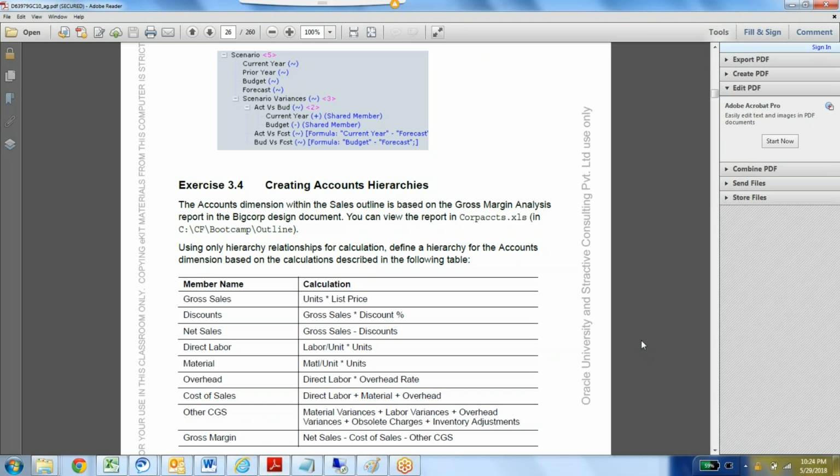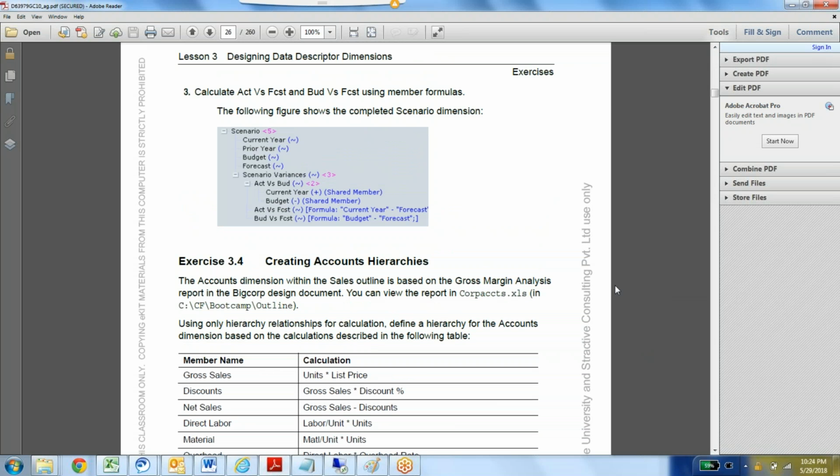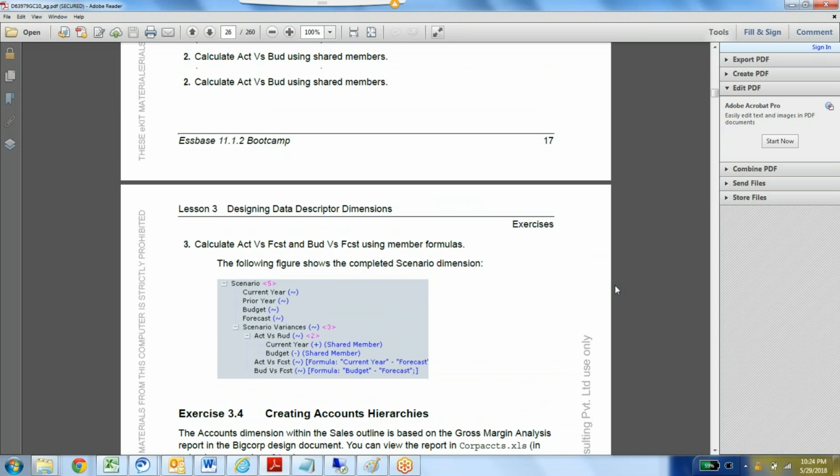On the shared members, you cannot have a member formula. But it's not a shared member, right? It's a dedicated member, actual versus forecast. Right. On the shared member, no member formula. Moreover, your shared member has to be a child or ancestor of your